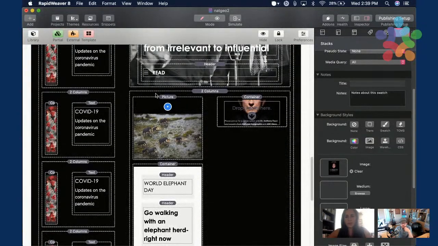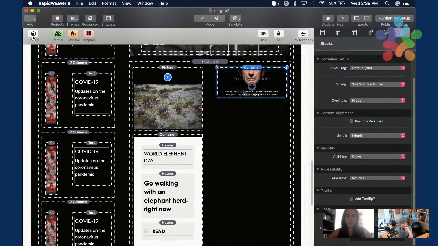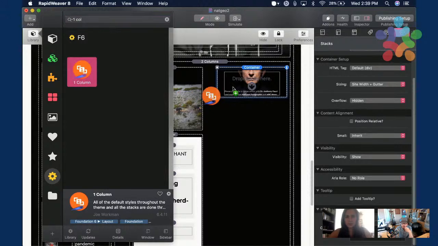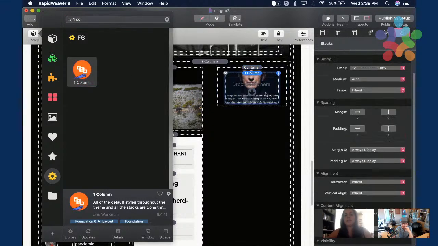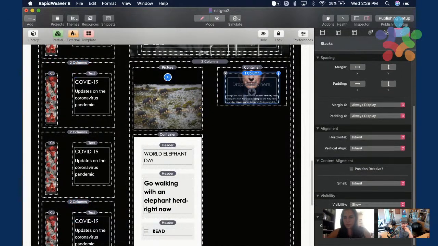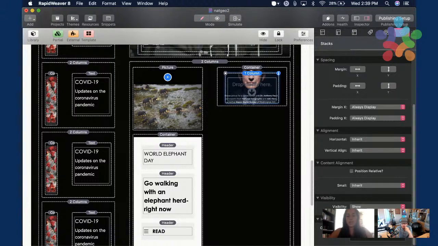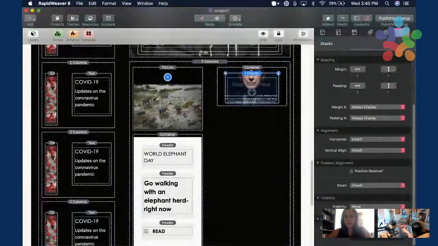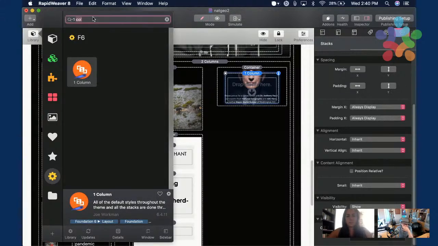So we have the container, and I'm going to drop in a one column stack again so that we can give it the height. I'm going to check what I had before. H colon 60 VH. And drop in a button or a link.